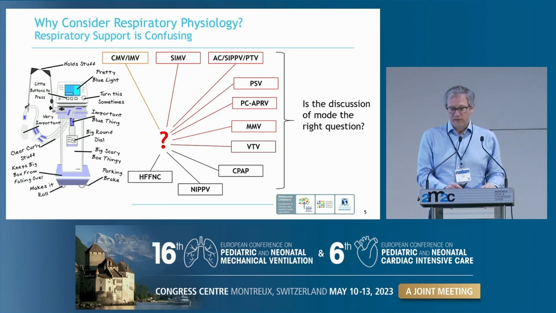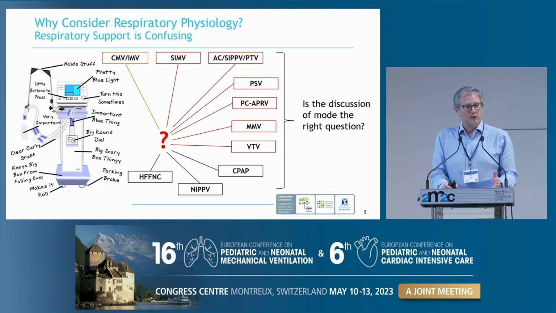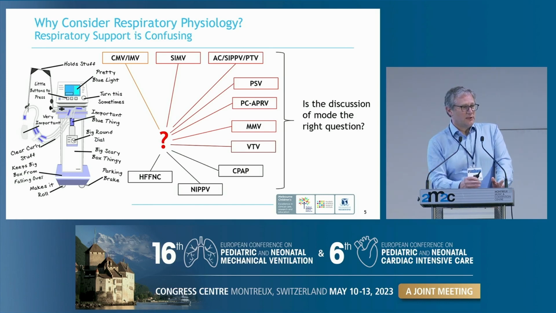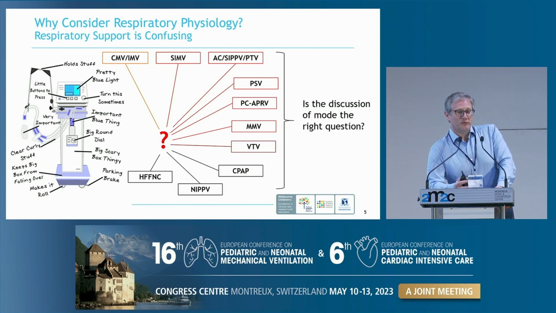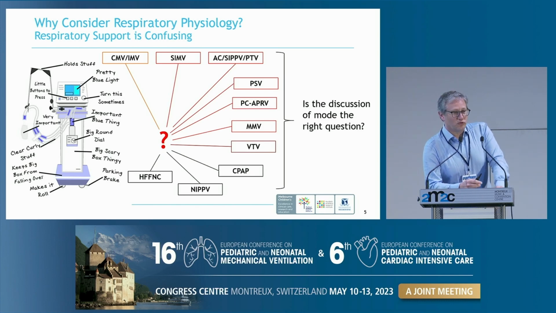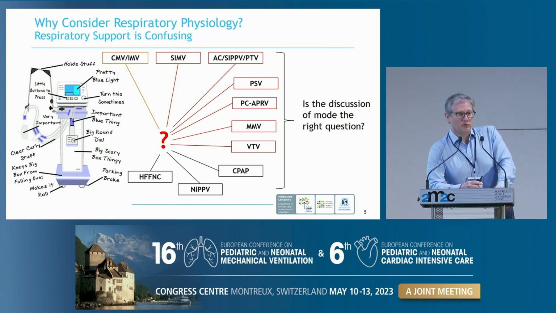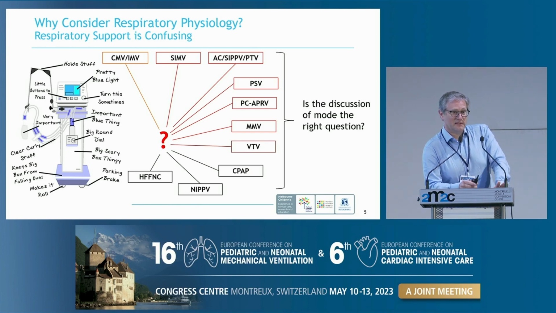Why do we need to understand respiratory physiology? Because in the NICU, it's like every other aspect of intensive care. Our machines are designed to be confusing. They have lots of different modes. We, interestingly, don't have the same language in how we talk about modes across critical care craft groups. We don't often even have the same language about how we talk about ventilator modes within NICU settings. So I might use assist control, and I know in Melbourne another NICU with almost the same ventilator, their machine says SIPPV, and another one will say PTV. They're all essentially the same thing, but the ventilator says that they might be different.